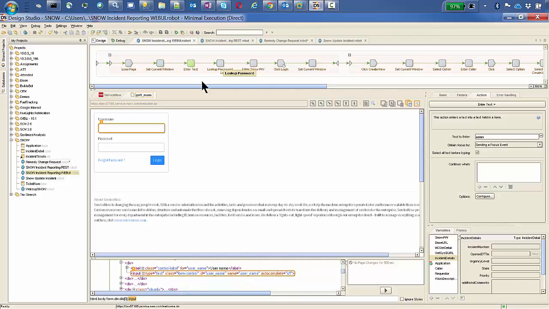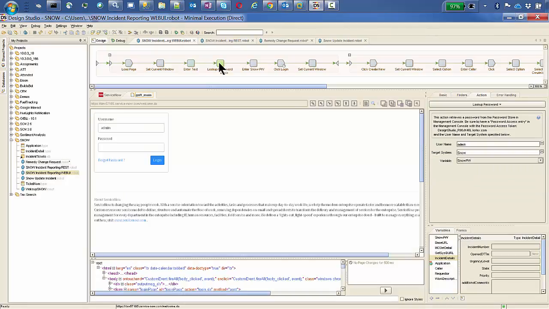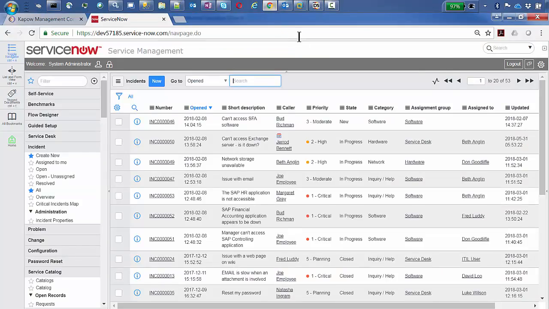Here we're going to enter our username, and all of these fields are pre-configured, and I'll show you in a little bit if we wanted to add a field. One of the other things that we have that's a little unique for our product is we actually have a password store. So if I go back to the admin console